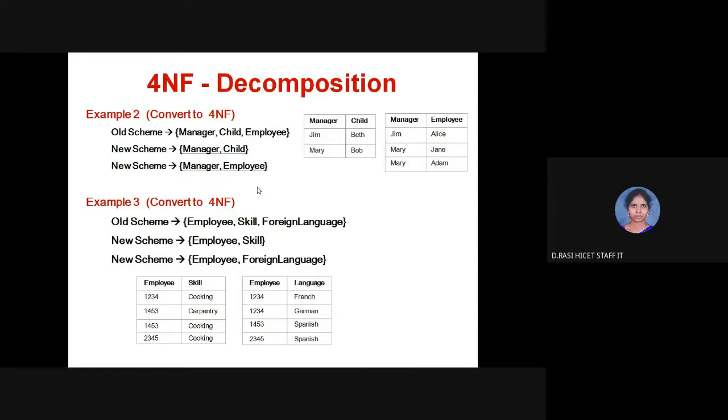This is another example, taking manager, child, and employee. In terms of manager, child, and employee, I'll take manager and child in one particular table, and manager and employee in another table. And moving to the next example, employee, skill, and foreign languages. Employee will be kept as the primary key, with skill as one attribute,